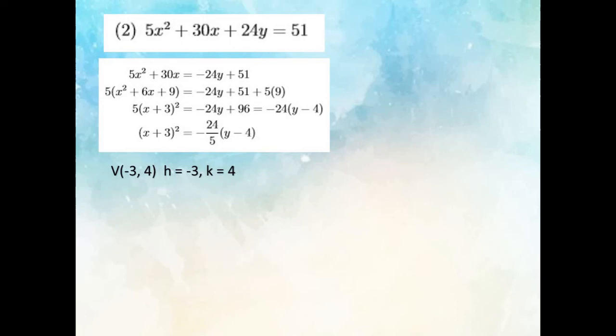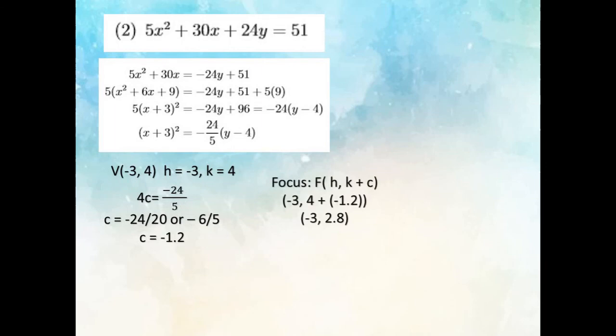The vertex is at negative 3, 4. The h is negative 3 and k is equal to 4. So 4c is equal to negative 24 over 5. So c is equal to negative 24 over 20 or negative 6 over 5. So c is equal to negative 1.2. The focus is (h, k plus c). So that is negative 3, 4 plus negative 1.2. So the focus is